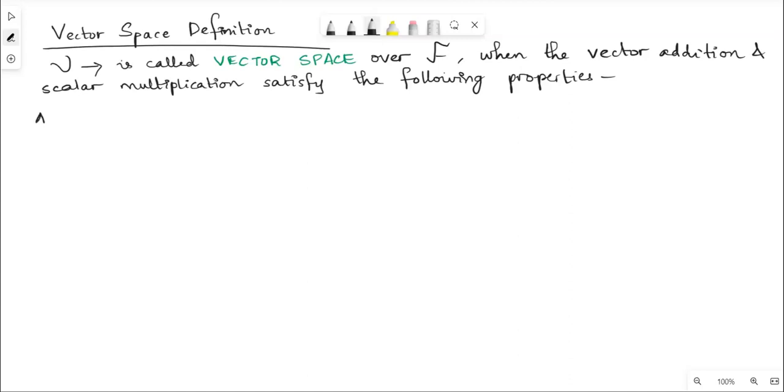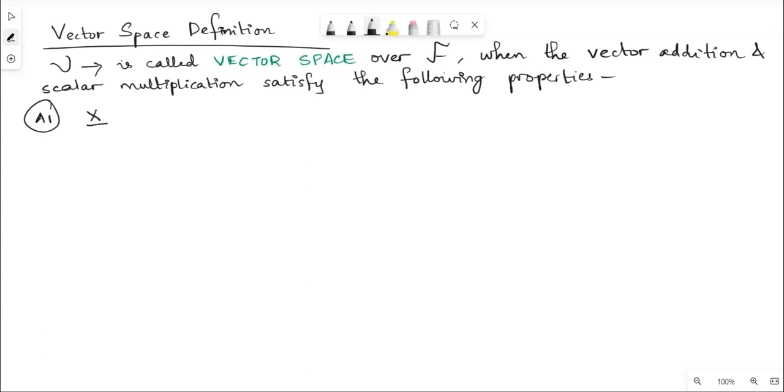We'll denote some properties related to addition. There are 10 properties that should be satisfied in order for us to call a vector V as belonging to a vector space defined over field F. So here we will have 10 such axioms, and we'll see them one by one. So first axiom under the addition rule, we say that if there is a